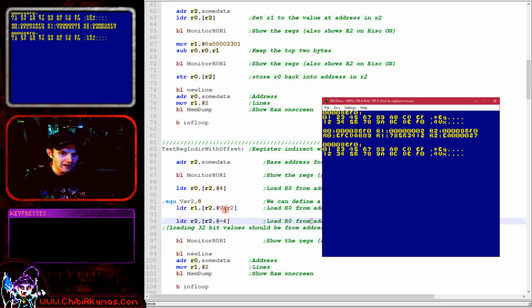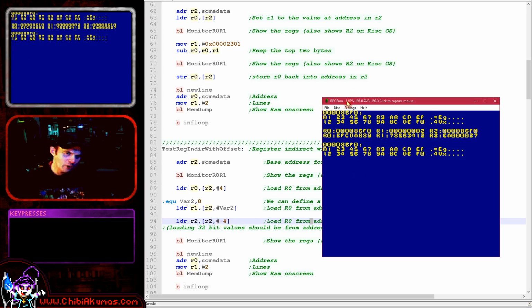Now, var2 we set to 8. And so again, we were offsetting effectively 8 from R2 here, and so that will be reading in from this area here, 1, 2, 3, 4, 5, 6, 7, 8, and again you can see that's been loaded in little endian. Now in this case though, we actually loaded in from R2 offset by -4,